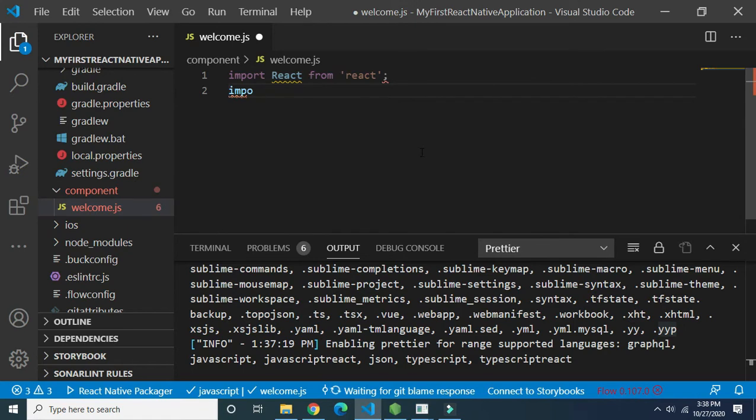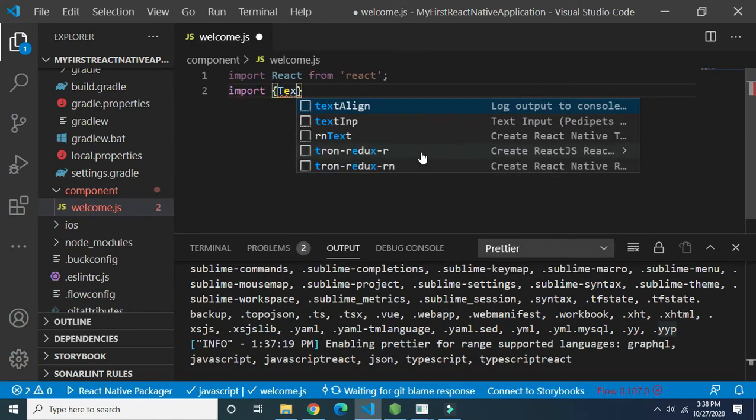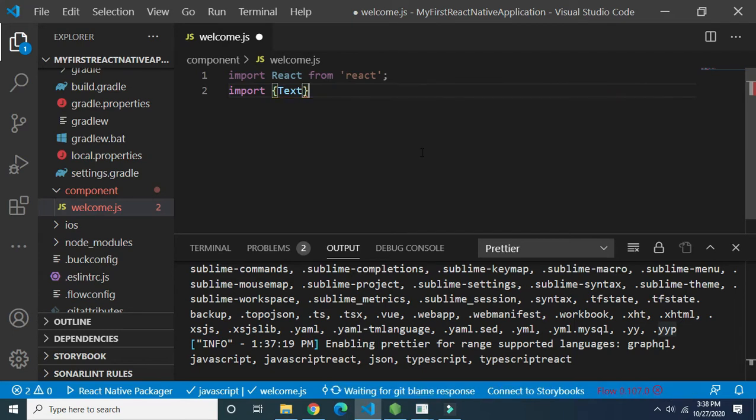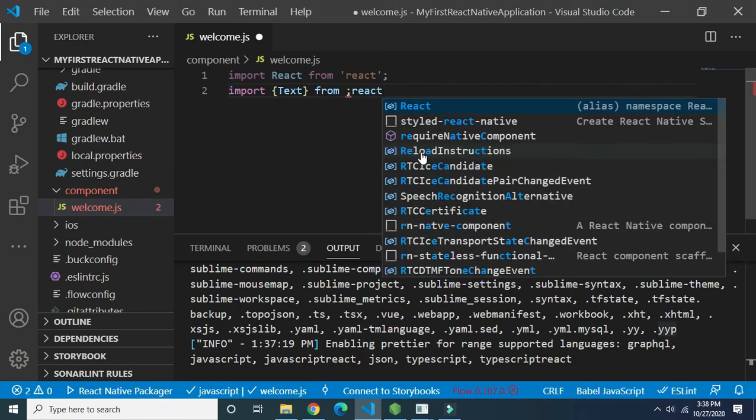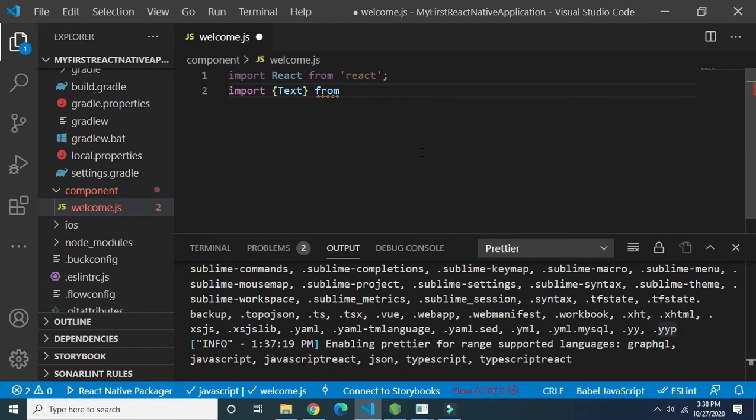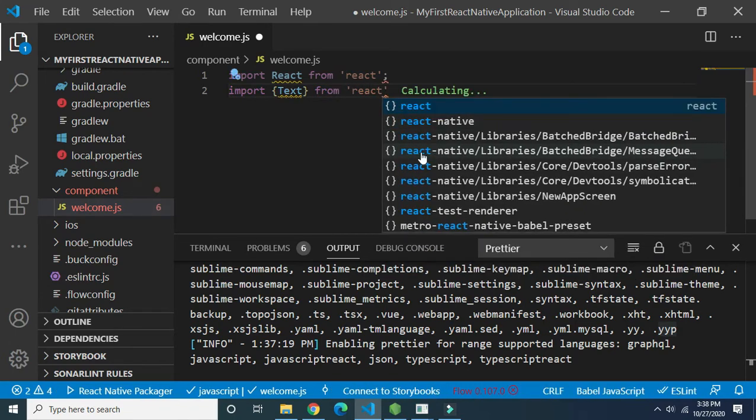So we need to import the Text component. How to import it? We use this syntax. The Text component is a React Native component, so import from 'react-native'.